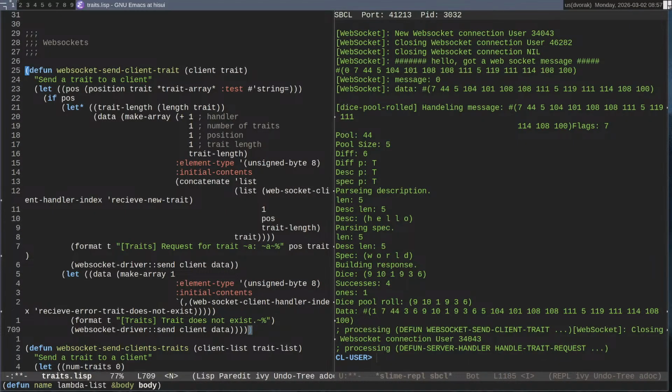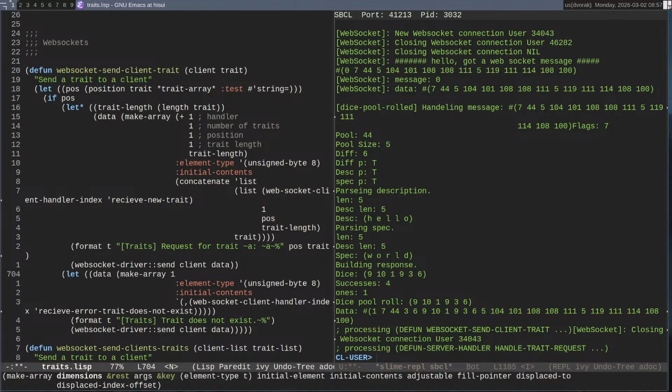Maybe that should be 2 bytes of data. I have 1 byte of data to say which handler is handling it. Maybe I should have a generic error handler, just to go, hey, I'm telling you that this didn't work. And then the second byte of data should be, this is the error you're getting, as opposed to 1 byte, which is having to then write a new error handler on the client for every error that I want to tell it about.